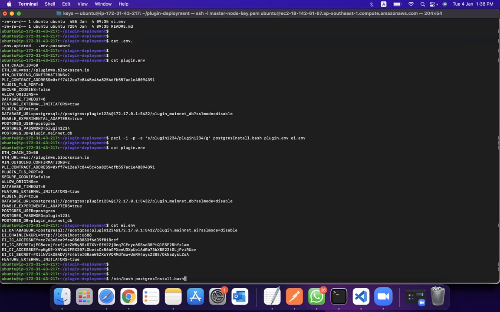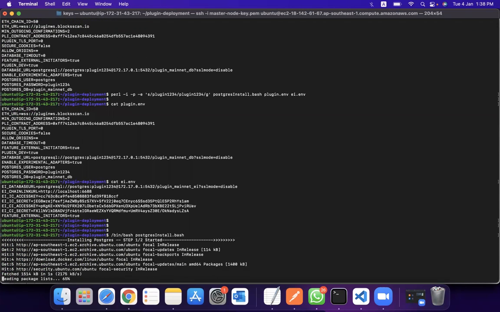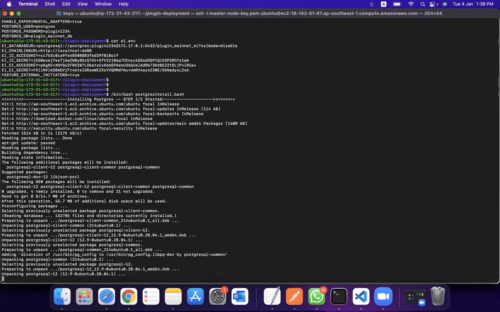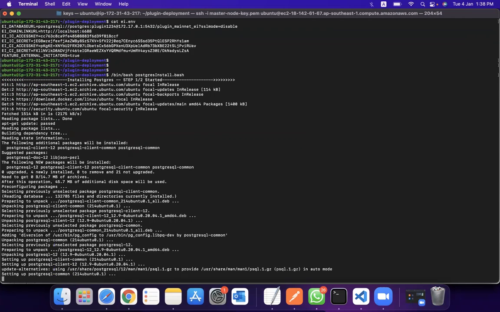You're going to install only the Postgres database on the host system, and this is the command to do it. It's going to take just a few seconds.